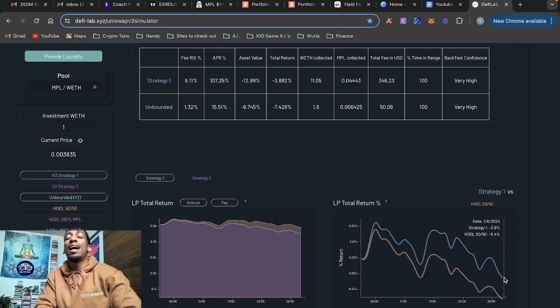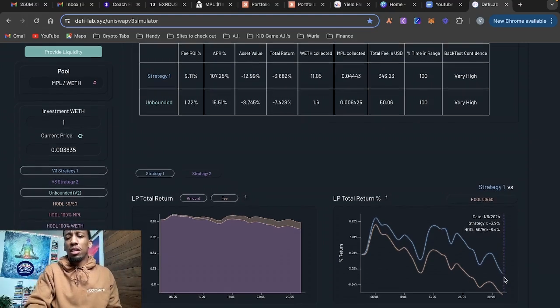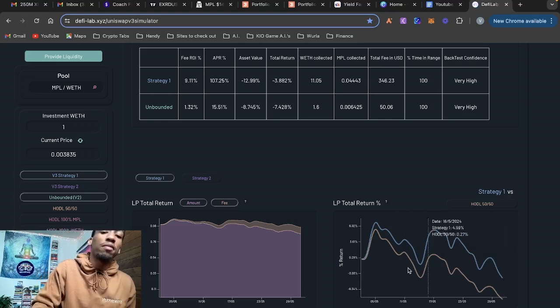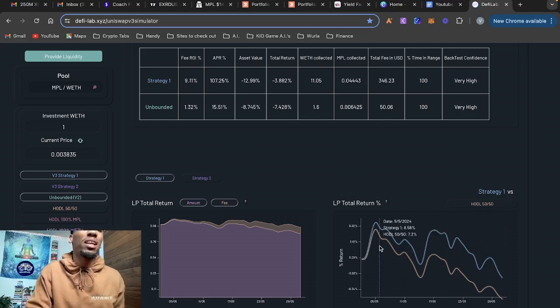And that is even better because, as you guys know, I don't compound my rewards. If you've watched my videos, I don't compound my rewards. I take them and I send them to another wallet, and I'll use my ETH to buy Maple or other projects that I'm bullish on. So once they go up, I'll sell them for higher prices, and then that doesn't get factored in here, and then it'll outperform even more.